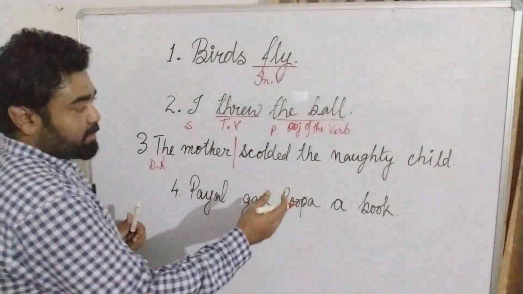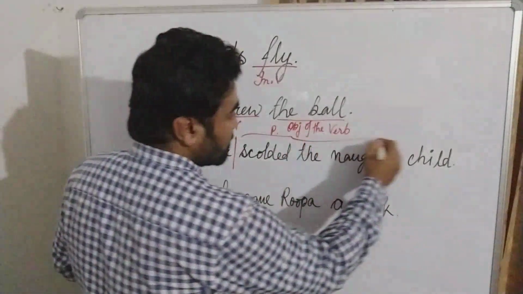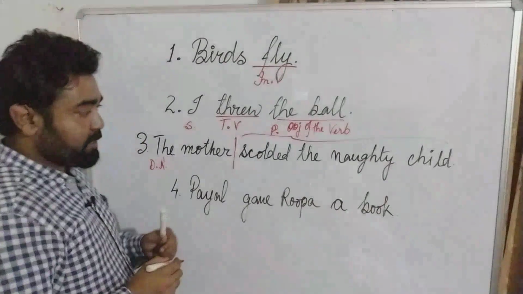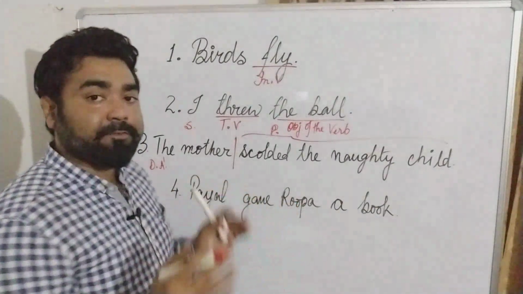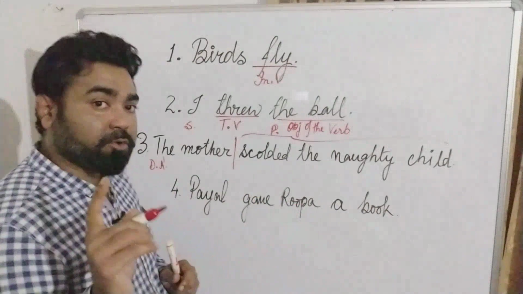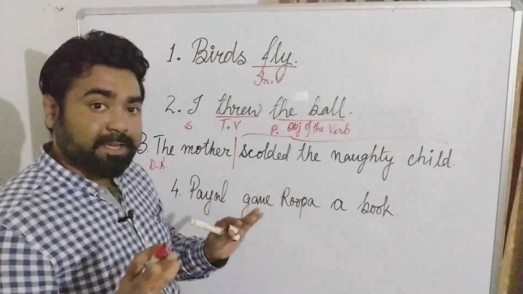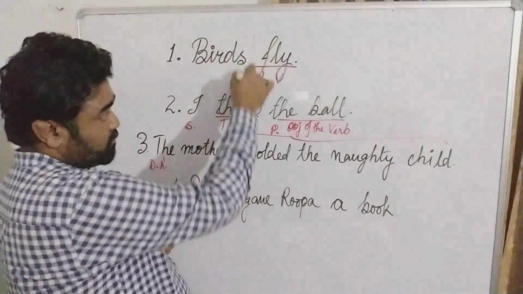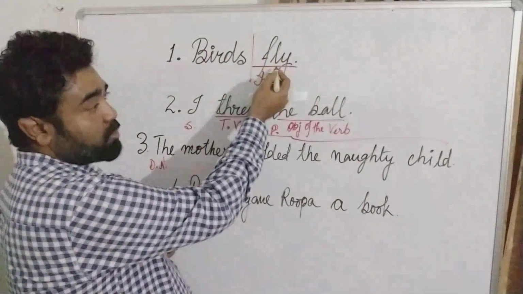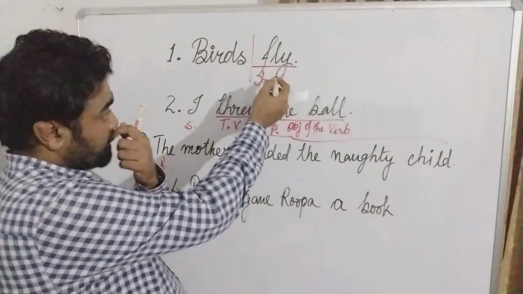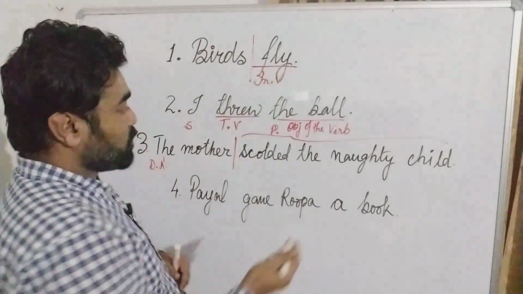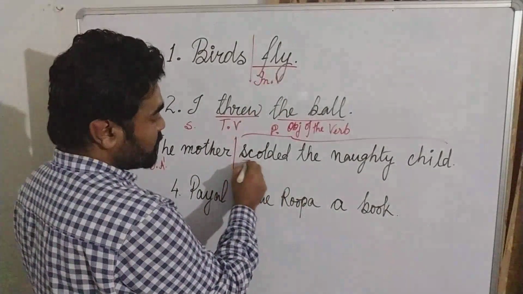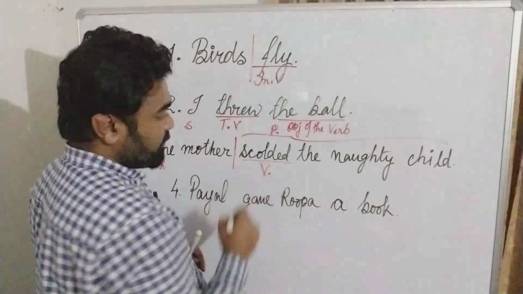Let's move on to the predicate part. This entire part is the predicate. I have denoted P to stand for predicate. So now let's look at this. What do we have in the predicate? First and foremost, a predicate is always going to have a verb. If nothing else, if there is simply one word, we have also studied the rule: in Sentence 1, only one word in the predicate, and the predicate has to be a verb. So we are going to look for the verb first. What is the verb here? The verb is scolded, right?